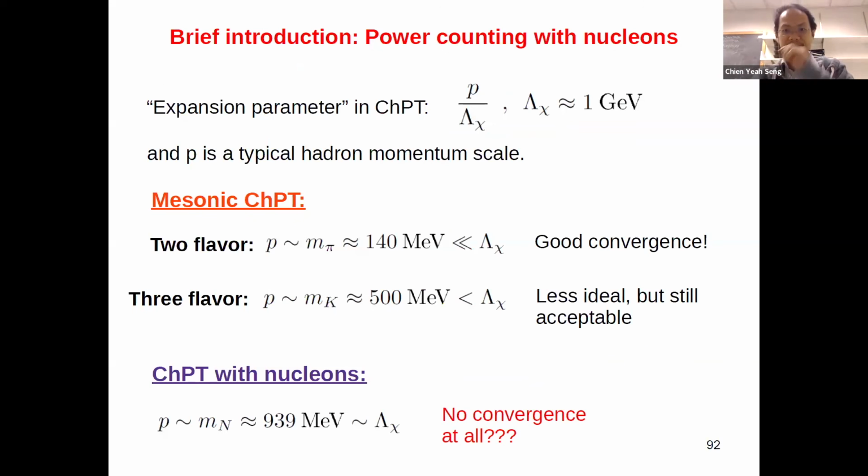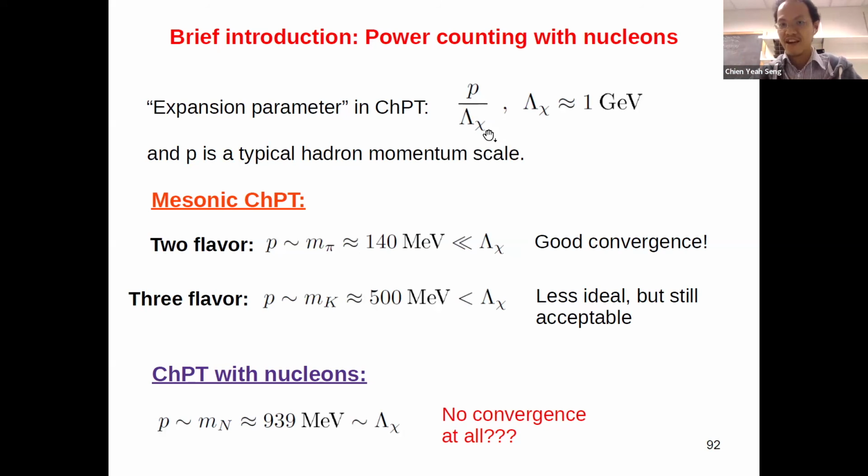So this is PCAC. And finally, there's one more complication in applying chiral perturbation theory involving the nucleon. Namely, we have an issue in the power counting, which I will just give a brief introduction to, but not go into detail. So just now we mentioned that the power counting in chiral perturbation theory consists of some soft momentum divided